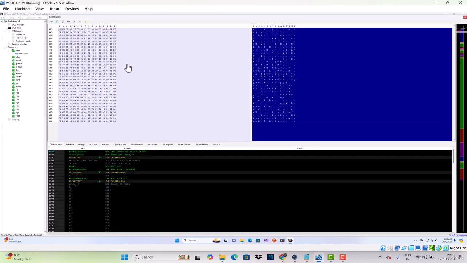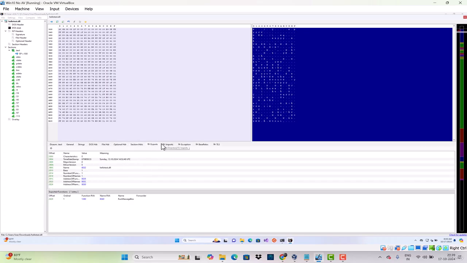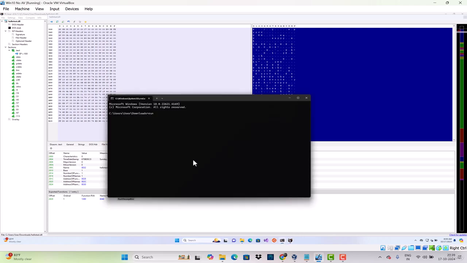We previously saw each and everything here. Let's go to the exports. You can see there is only one function, run message box. So let's execute run message box by calling the entry point. This is the DLL function which we programmed before. Let's call Rundll32.exe and give the DLL here, hello test.dll. You have to give a comma, and you can directly execute that. Now you can see the DLL has been executed: hello from DLL, right?